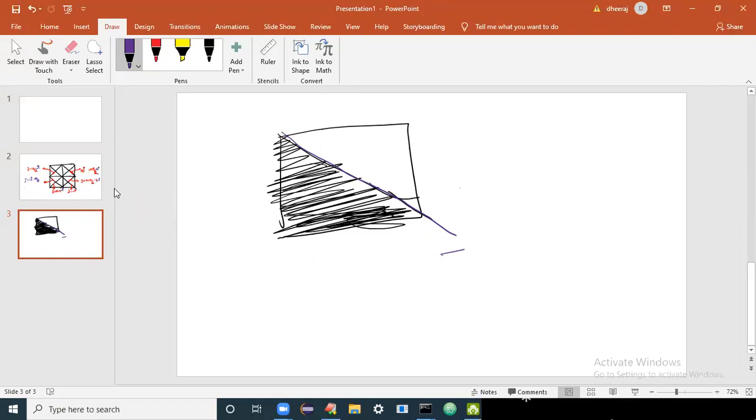What you have to actually do is, whenever you see an area, and don't you think this is an area? Whenever you see one area, you have to find out by how many lines that area is bounded. Don't you think this area is bounded by 3 lines? This is the first line, the second line, and the third line. Clearly 3, because it's a triangle. Triangle means 3 sides are there.